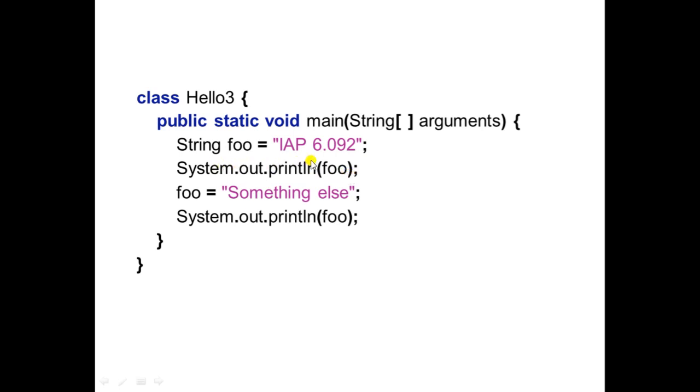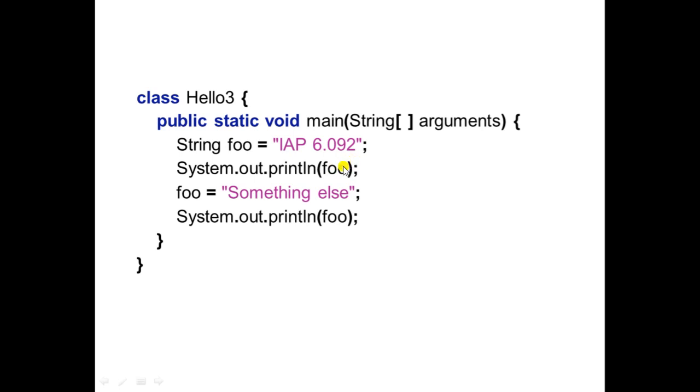It will print something on a screen, but what you have passed inside the brackets, you have put the foo. And what is foo? For this time, the foo is the variable inside a memory having the value IAP 6.092. So that will get retrieved, and that IAP 6.092 will get displayed on a screen. Its value will get displayed on a screen.